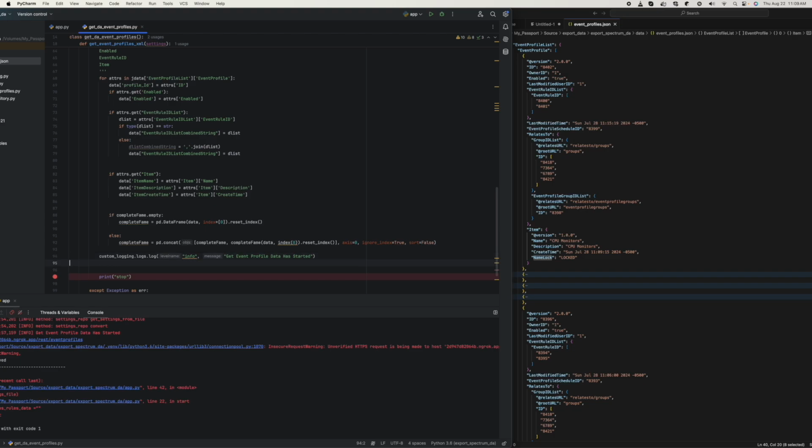All right, so custom logging. And here we want to say write event profiles to CSV. So we're just going to write this out as CSV because that's one of the requirements that we're having. Full path, again, bad naming, but it works for this situation. Equals target path events